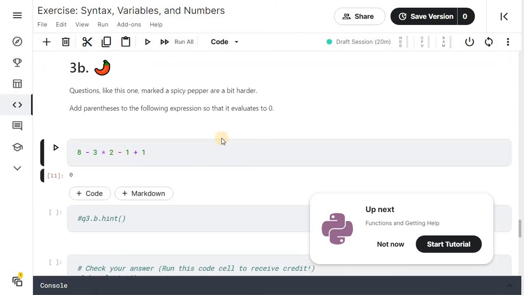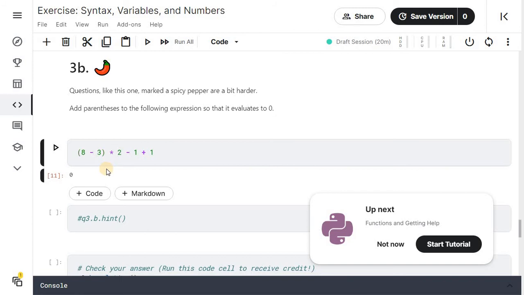Here in the next question, you have to add parentheses so that evaluation of this expression should be resulting 0. So if anything is multiplied by 0, then the resultant value is 0. Compute 8 minus 3 first, which will result in 5.